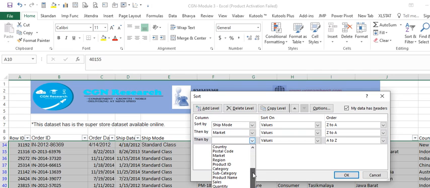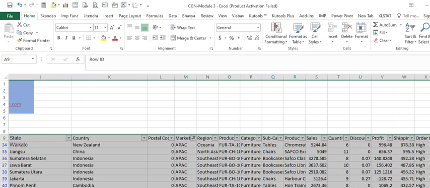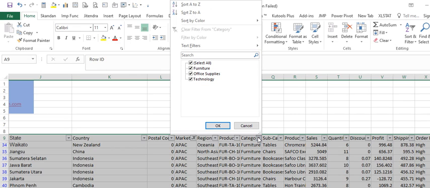I would like to look at category, and based on that, I can see furniture, office supplies, technology, things like that.